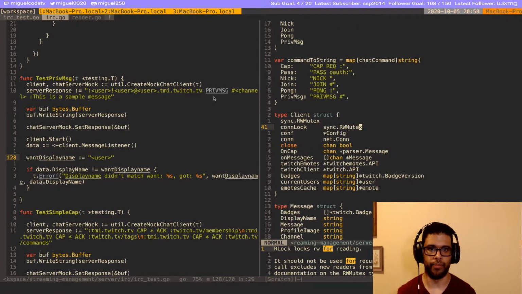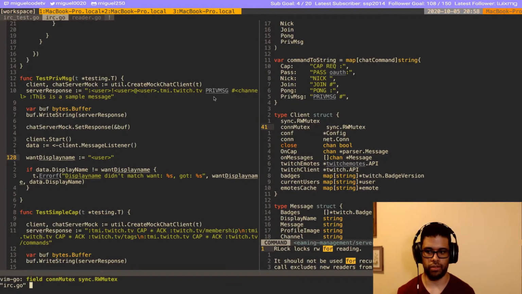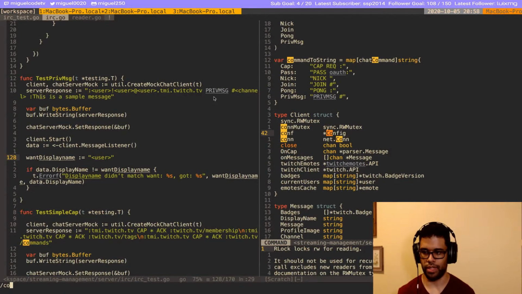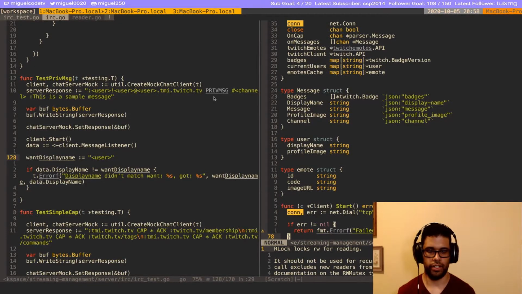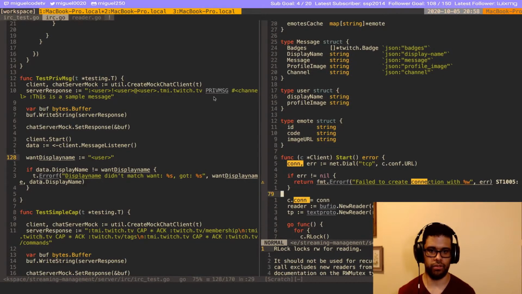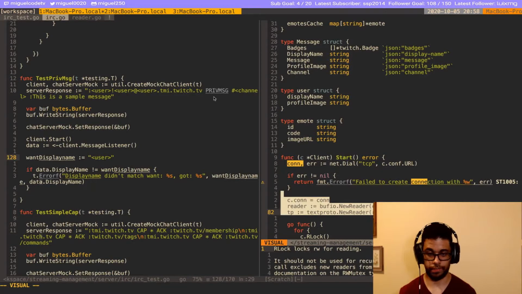So I'm gonna keep this, gonna rename it to new text. Okay, so we only need to lock when we send a message, so every time that we use connect. Okay, so we have to lock here.